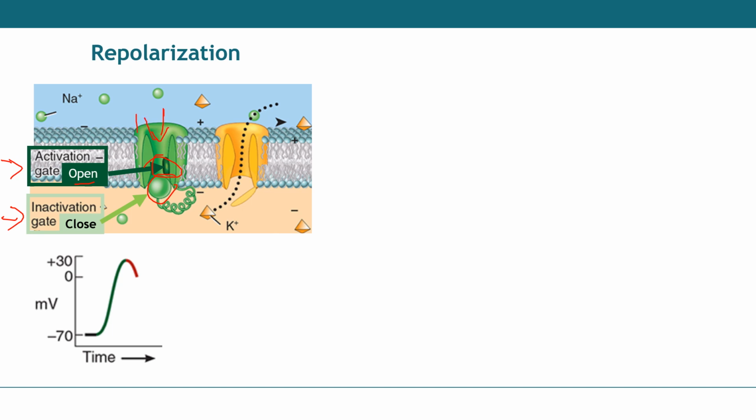Yeah, it will have to leave because this one is closed. The other thing that is showing you is that now you have the potassium channels open, and now they can leave. And they will go outside because, as I said before, there was an efflux of potassium just because